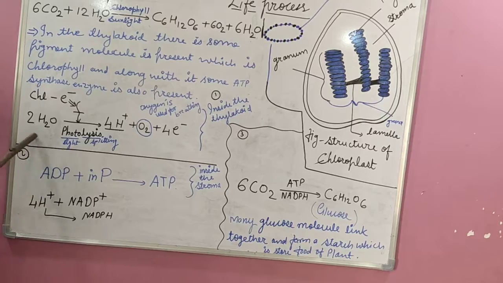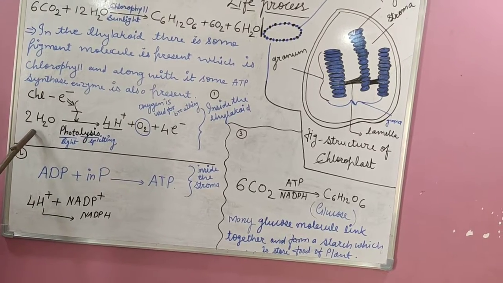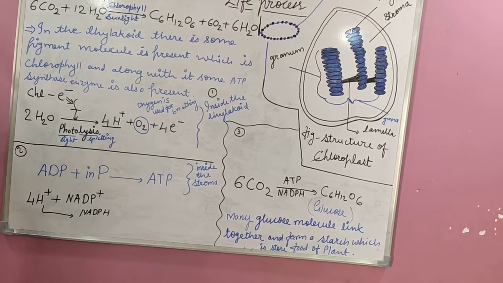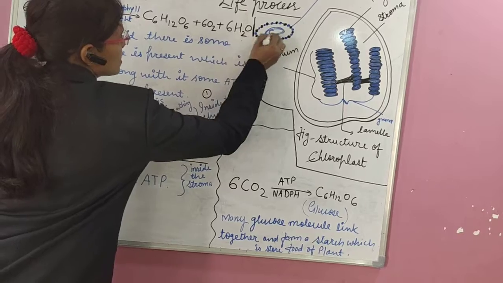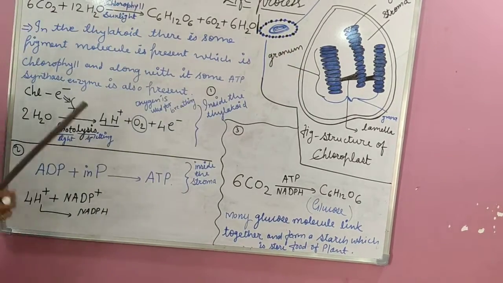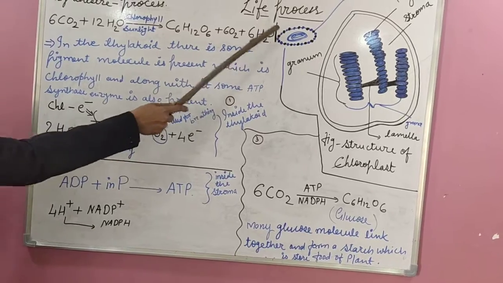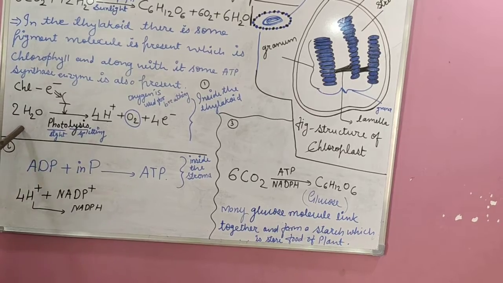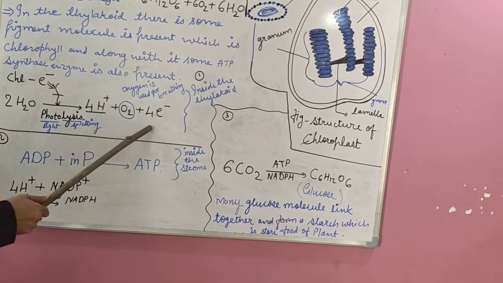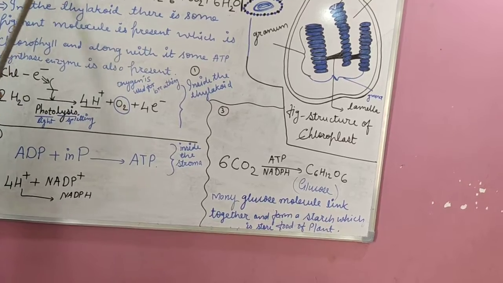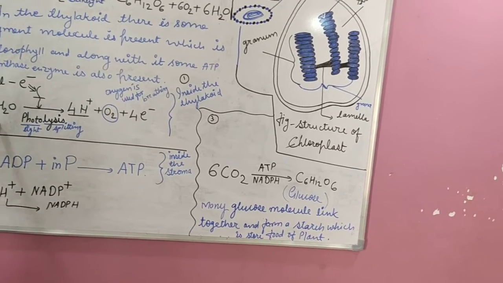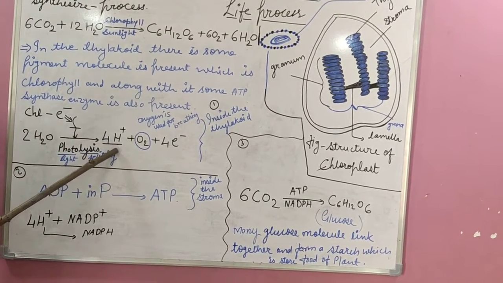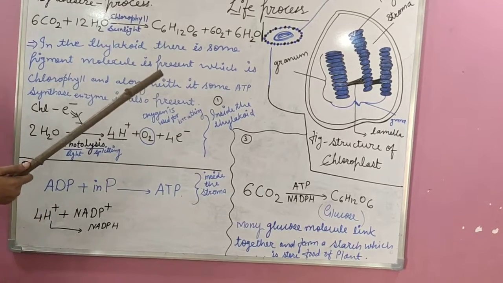So like this, the splitting of the water molecule takes place inside the thylakoid. Inside the thylakoid means where exactly, students? Here, inside this thylakoid, this splitting of the molecule takes place. Now the next step: I have taught you that 2 molecules are splitting. Again, the overall 12 molecules go through the same splitting, and they release many more protons and many more electrons inside the thylakoid.